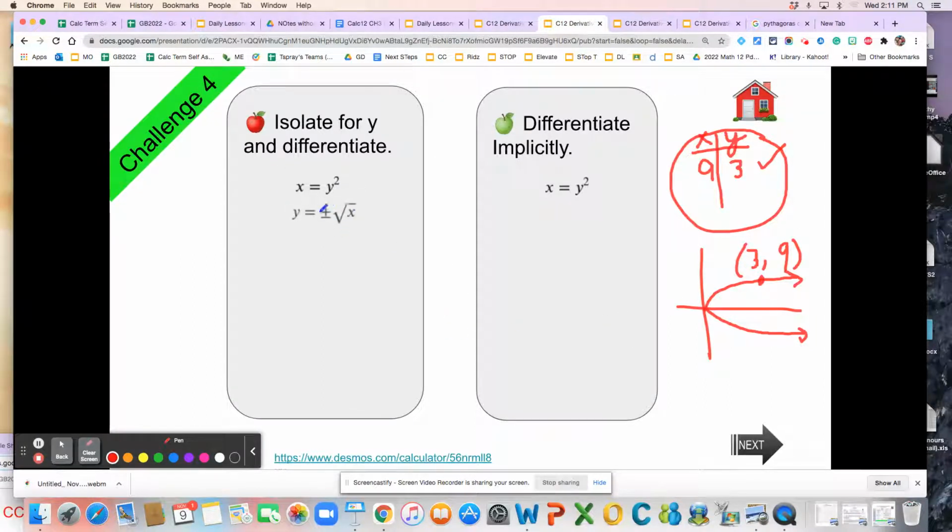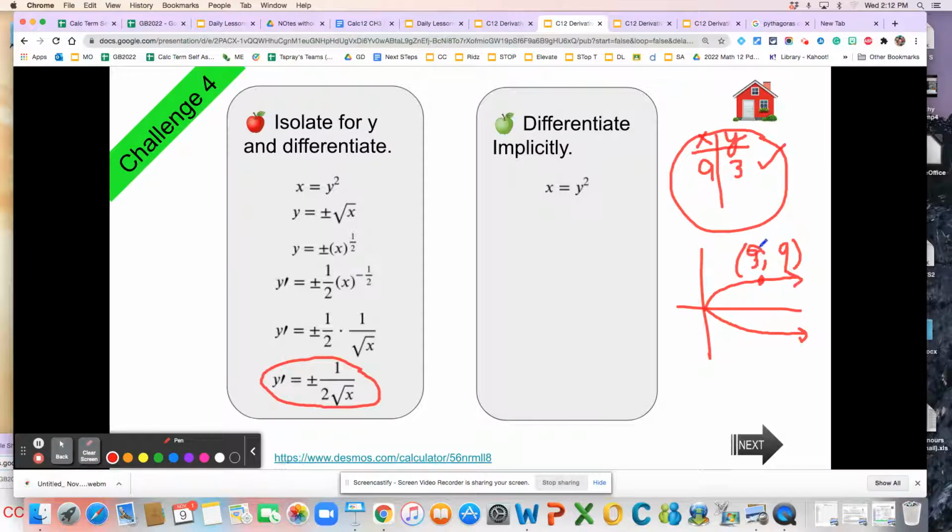One is we could isolate for y. So y equals plus or minus square root of x. Now I'm going to use exponential form, and now I'm going to use the power rule. So the change in y over change in x, or y prime, equals 1/2 x to the negative 1/2. Another way of leaving that is plus or minus 1/2 over 1 over square root of x, which simplifies to this. If we then said, what's the slope at the coordinate, oops, I wrote that down wrong, 9, 3,